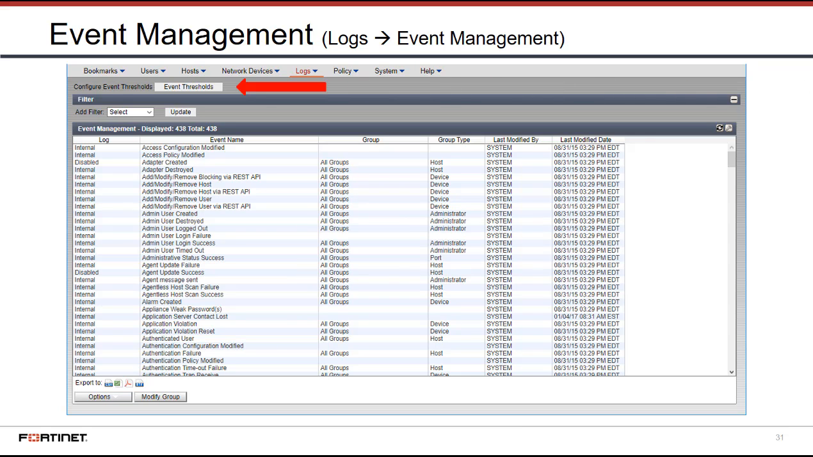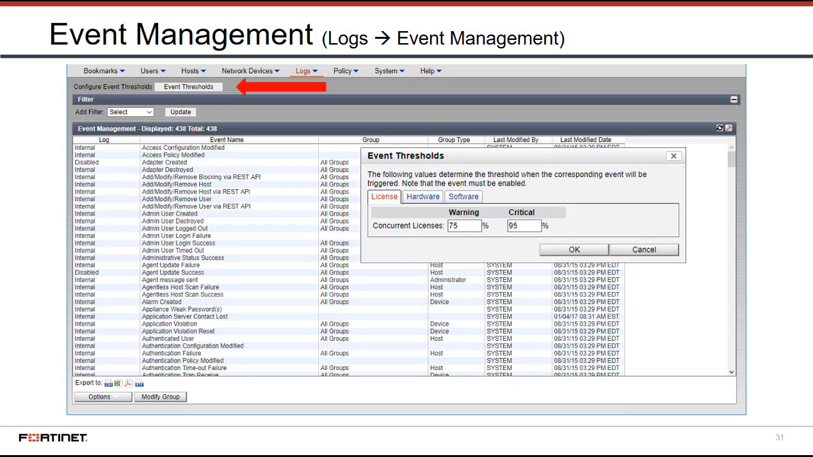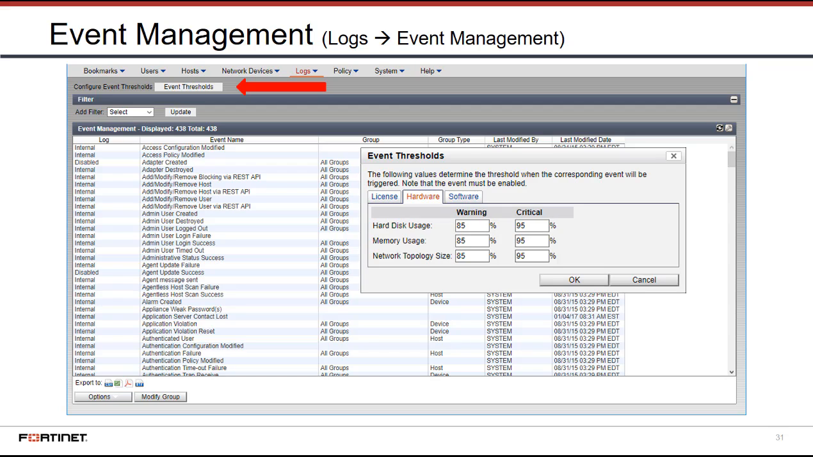Up at the top, we have this event thresholds. This is going to be the Fortinet monitoring the Fortinet. So there are a series of events that will be generated when particular thresholds are exceeded, such as percentage of concurrent licenses in use, hardware usage. So these thresholds